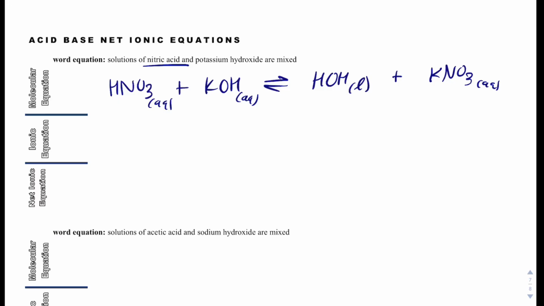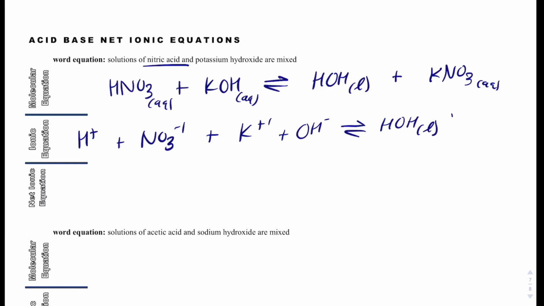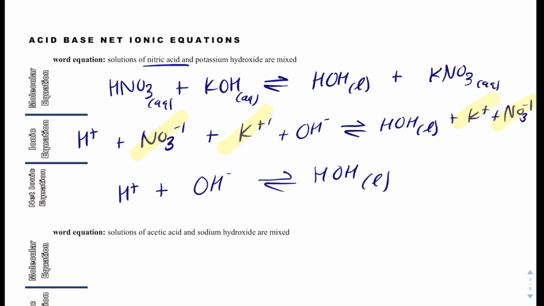So since it's a strong acid, it dissociates 100%, so it is best represented as H+ NO3-, plus K+ OH- gives us HOH liquid. We're not going to break that apart. Plus K+ NO3-. Now I can cross out the nitrates, the potassiums. So what I'm left with is, oh, I deleted it and I meant to copy it. This guy, H+, plus hydroxide gives us HOH liquid. That is what you should expect to see when you mix a strong acid and a strong base,